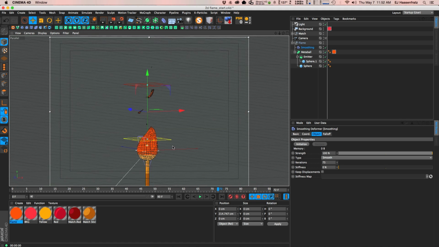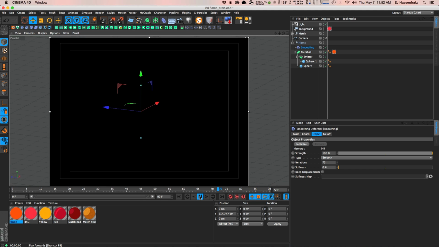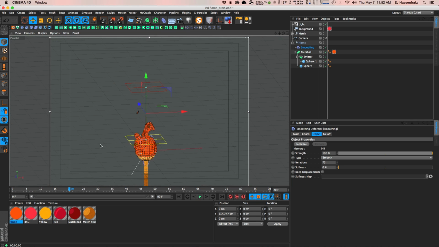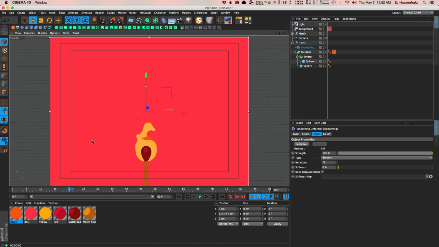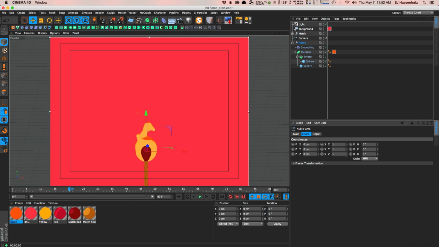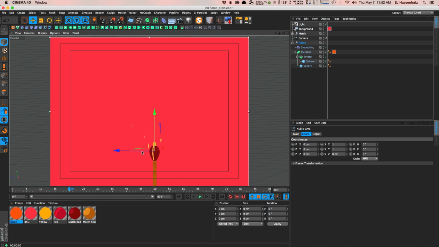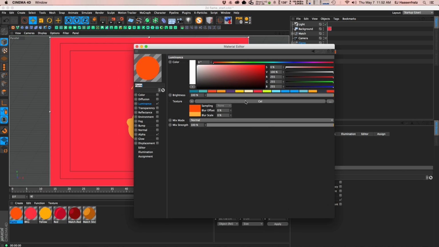And if you want to, so again, this is 3D. So if you look at this from a different angle, you're going to get this kind of 2D flame. But say you wanted just a flat 2D flame. So what we can do is simply scale everything down on the Z, and all of a sudden we now have this nice flat flame. So I can move this behind the match, and you can see that we still have a nice little flame effect. We're losing that shading though because of it just being a flat object,